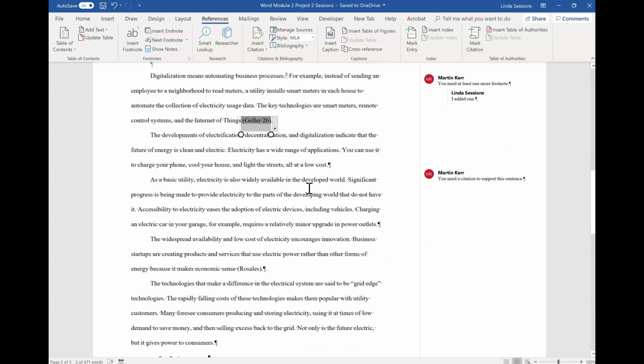Read and then delete the comment attached to the sentence. Significant progress is being made. So right here, we want to delete this comment, so we can click resolve. That gets rid of it. And now we want to add a citation